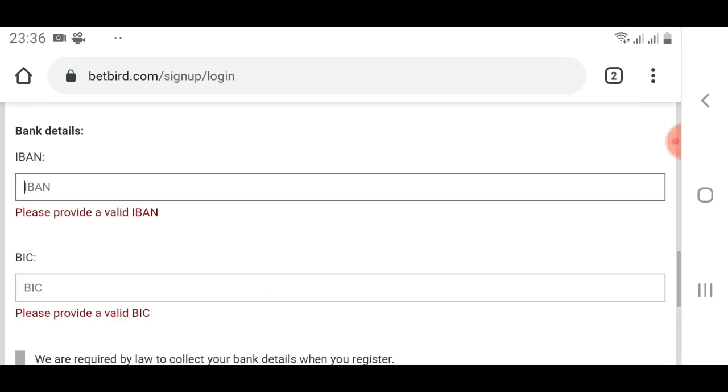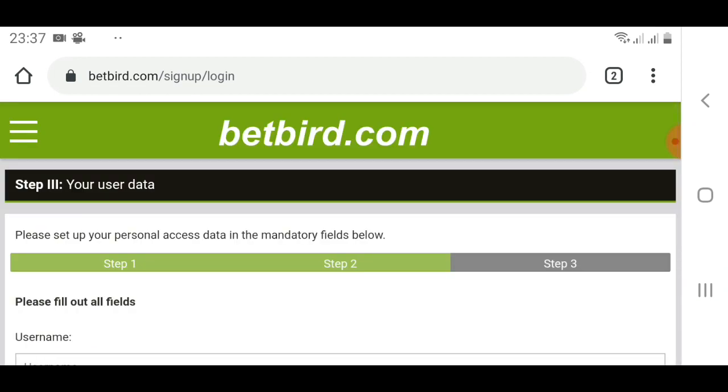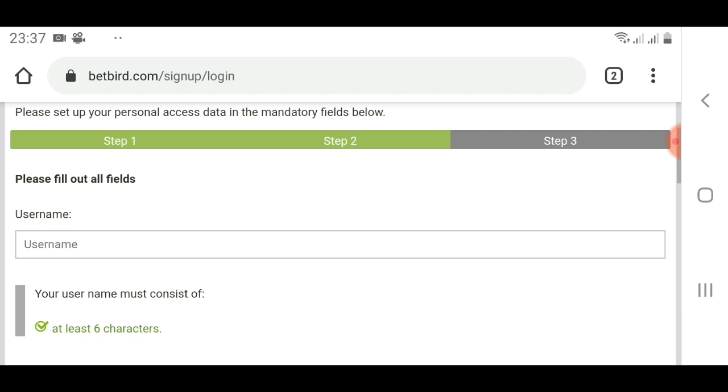with Betbird. Just simply put in your original details and simply Betbird does not ask for verification. Probably if they want verification, then you have to provide them your ID card or your passport and or your driving license, then they will